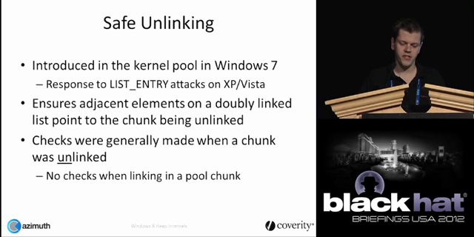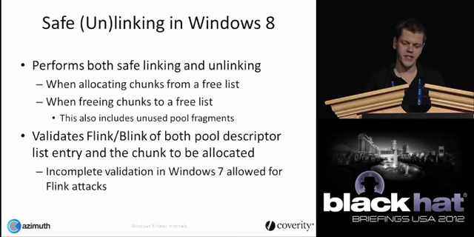The thing to note here was that the checks were generally made when a chunk was unlinked, and there were no checks when linking a chunk into a W-linked free list. So in Windows 8, they now do both safe linking and unlinking. So both when allocating chunks from a free list and when freeing chunks back to a free list. And this also includes,